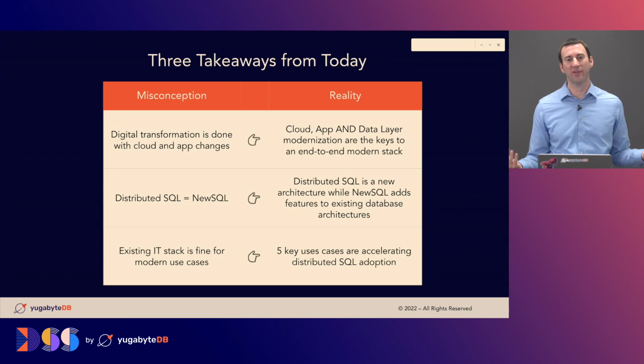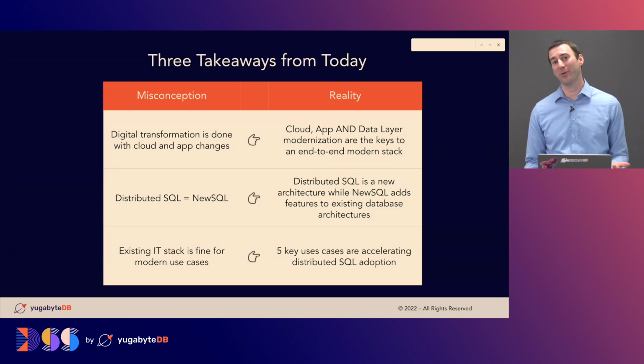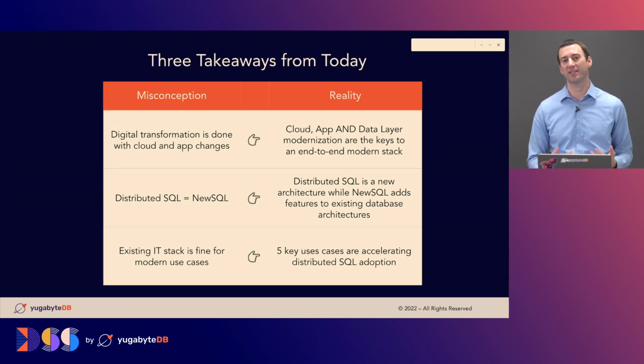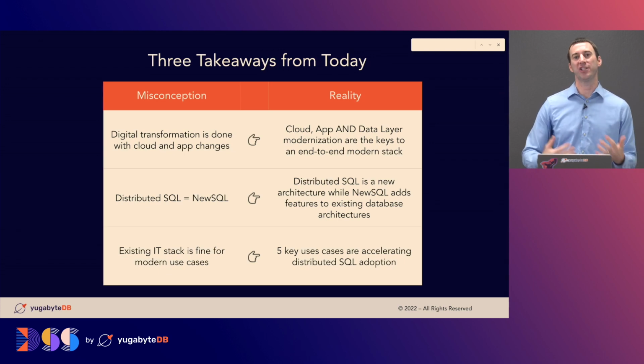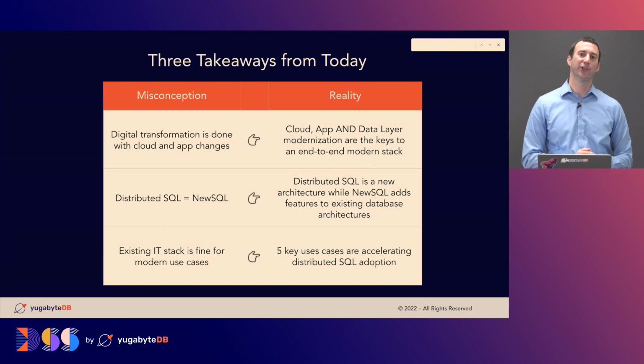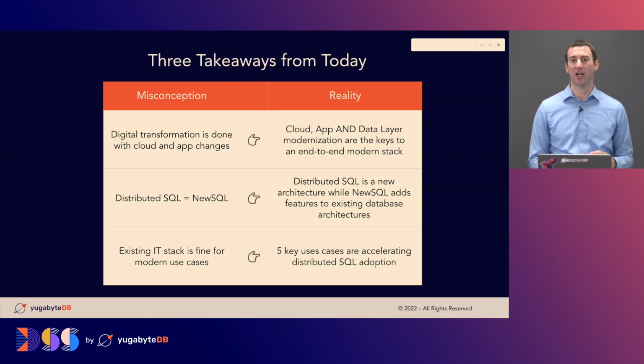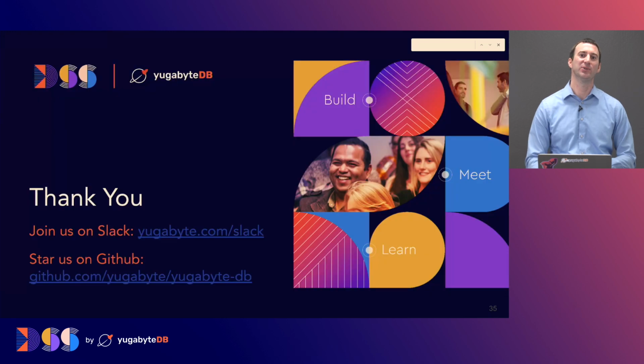Are distributed SQL and NewSQL the same? We talked about our hybrid example. Just like the Tesla car compared to the Prius, distributed SQL fundamentally brings a new architecture from the ground up, and with it, all those benefits that align to what you need in a cloud-native world. And finally, can you address these use cases with an existing ICT stack? Maybe, but as you move more and more into these modern use cases, you're going to find that all of those capabilities that come with the distributed, always-on, high-performance, open-source, cloud-agnostic platform are critical to your success moving forward across these use cases.